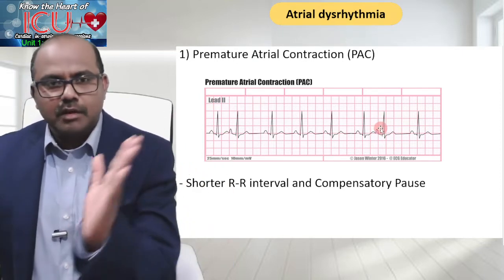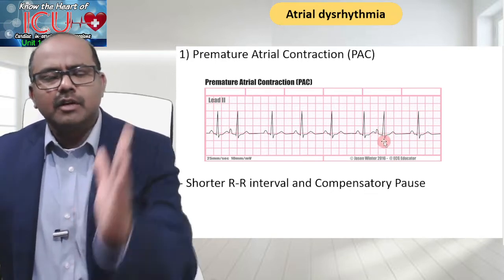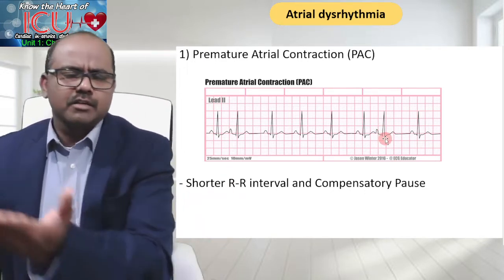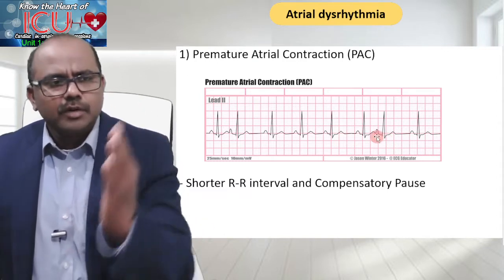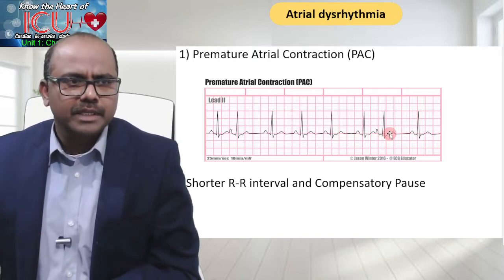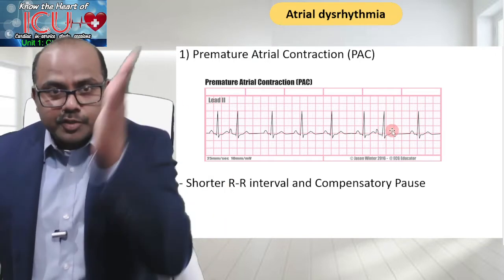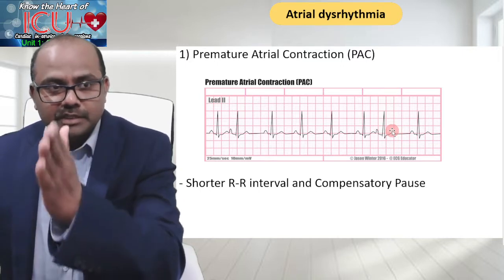Then the impulse is conducted to the AV node, so there is a PR interval. Once it reaches the AV node, the AV node doesn't know whether it is from the SA node or any other part of the atria, so it's transmitted down to the ventricles. So you have your narrow QRS complex. But at this point, the SA node is supposed to fire a complex,